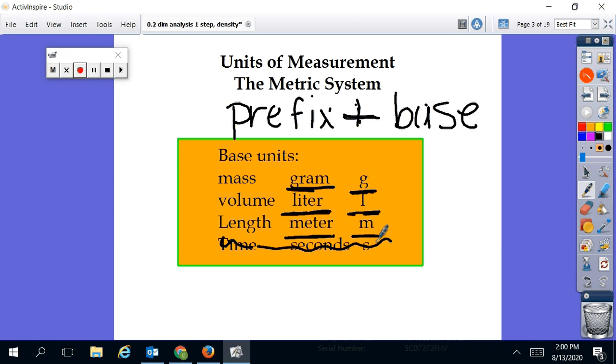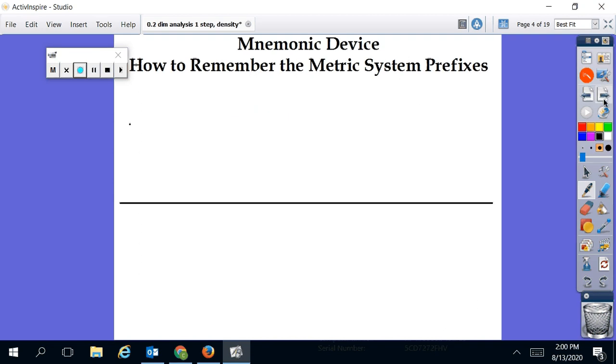Okay? So now that you understand the base units for mass, volume, and length, as well as their symbols, we're going to talk about the prefixes that go along with them. Okay, and there's a way to remember all the prefixes. I'm going to write it down for you, and then I'll probably erase it. It is King